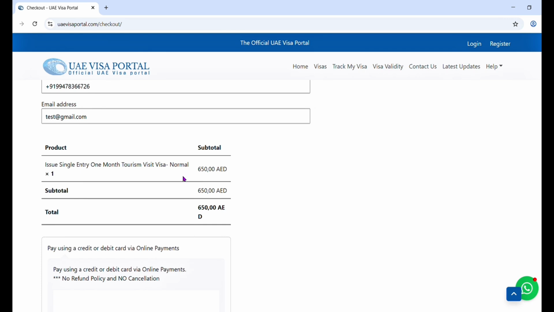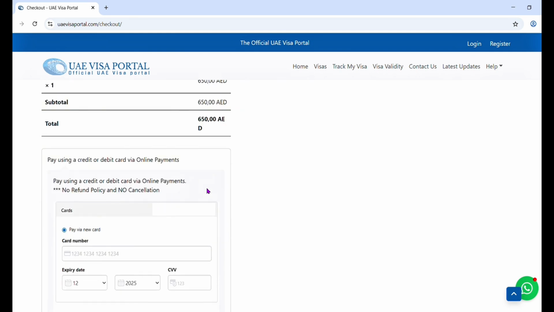If you are choosing the normal option, within 3 working days you will receive your visa in your given email. If you are choosing the urgent option, within 24 business hours you will receive your e-visa. The e-visa and insurance will also be provided by email.